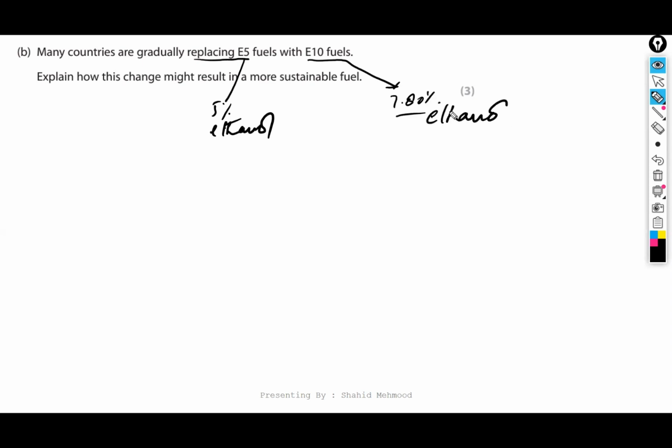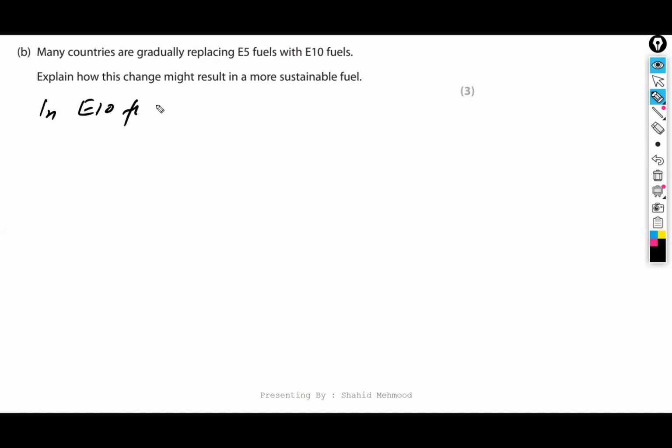E5 fuel contains 5% ethanol, while E10 contains 7.80% ethanol. It means if we are replacing E5 by E10, we are using more ethanol in our fuel. So you can simply say that in E10 fuel, more ethanol is used,